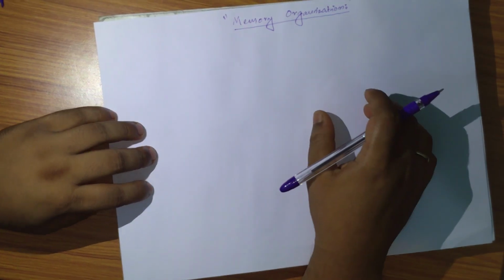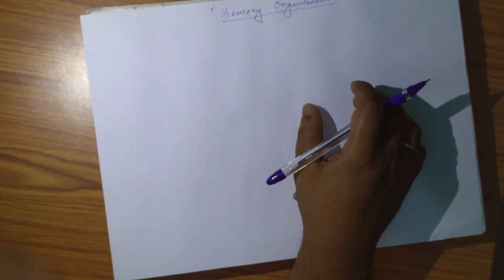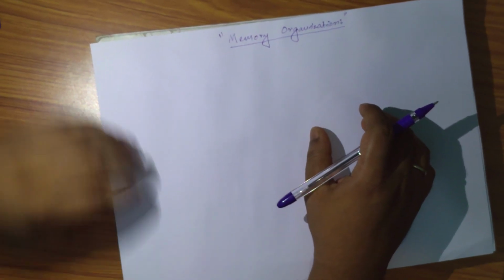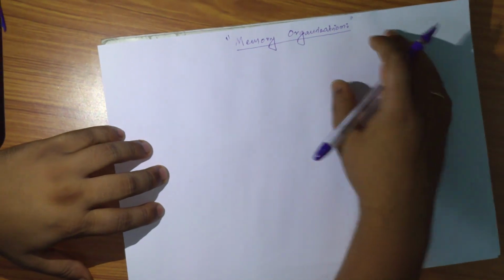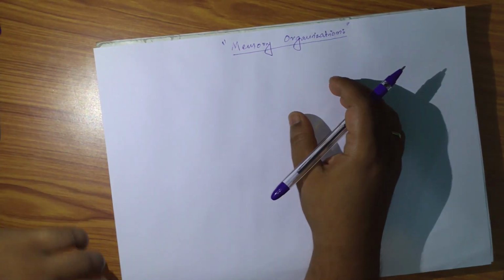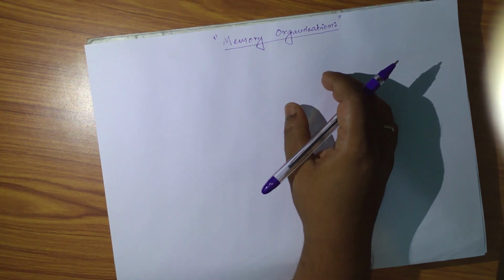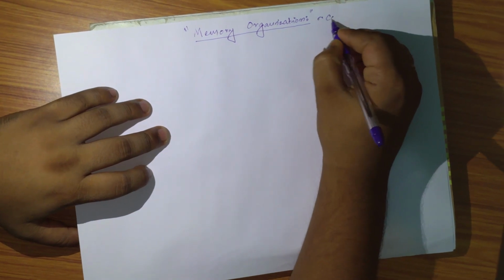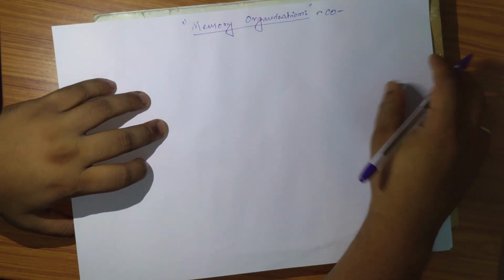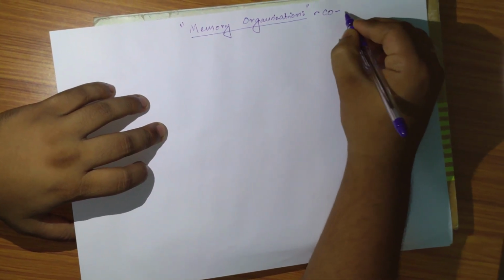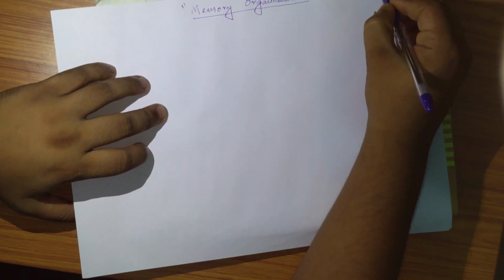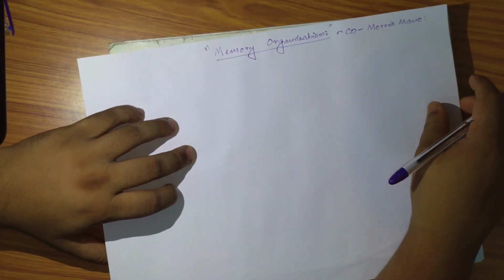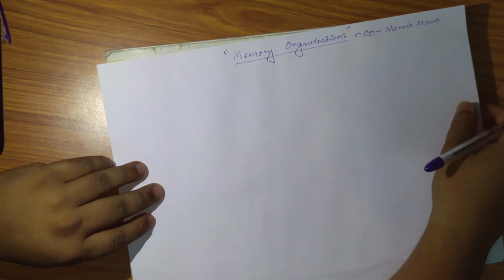I will explain how the memory is organized and what type of technique we use to map different types of memory together. We'll go step by step, and finally, after completing the lecture of computer organization, I will provide the solutions of exercises of standard books. Generally for CO, the standard book followed for the GATE examination and other examinations is Morris Mano. So I will also solve the exercises of Morris Mano after this whole subject is covered. So today let's start with memory organization.